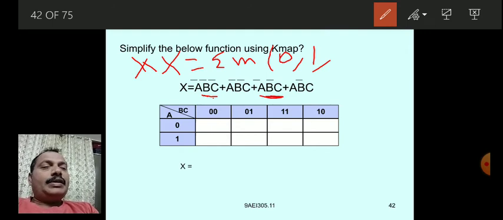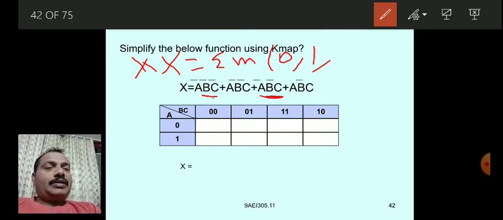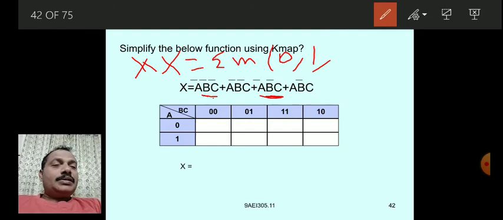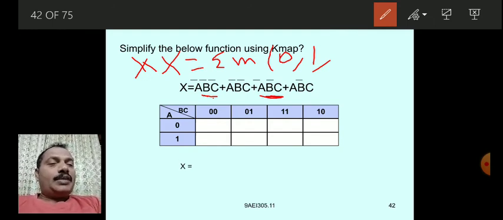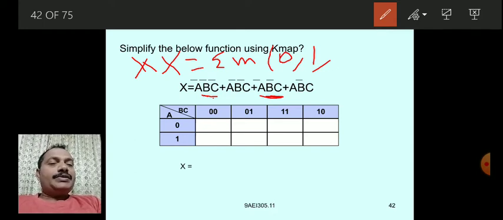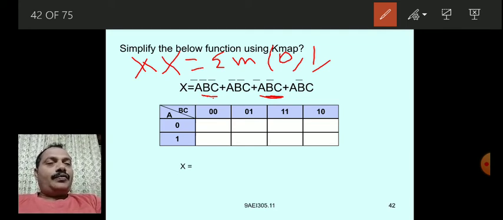This is A B bar C bar. Because of the alignment, the bar has moved to the left side, so consider this as A B bar C bar. That means 1 0 0, which is 4.